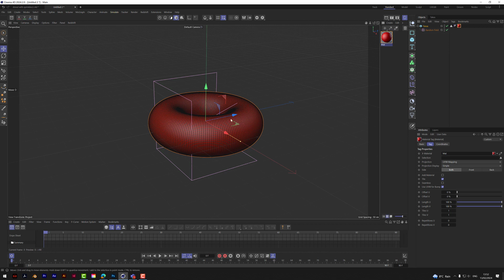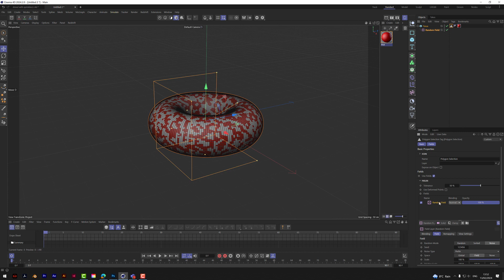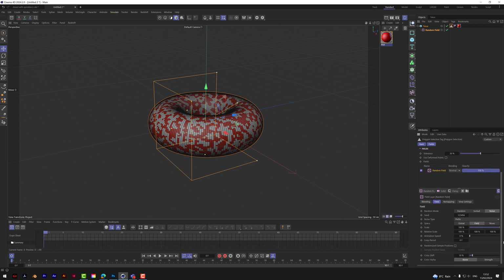So how do we restrict these colours? Now, if we go on here, look, we've got a selection here where we can drop in this polygon selection tag. So now we get the random field that we've just put in here. It's using noise, 100% scale at the moment, and it's dropped in there. Now, for the icing, as you saw on my previous one here,